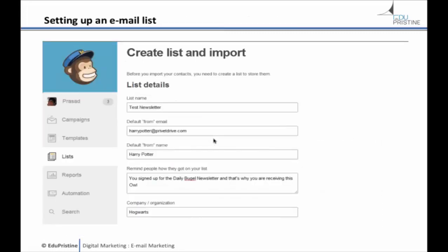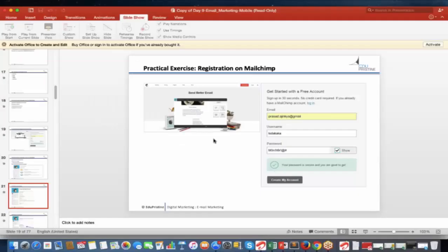So pretty easy. If I go to lists and then go to create a list, I can go ahead and put in all these details. So if I come here,